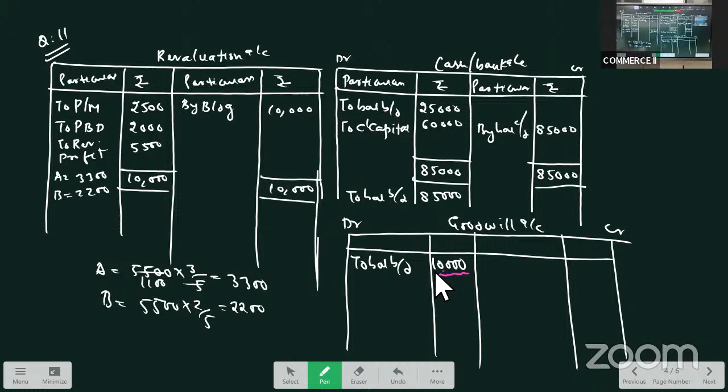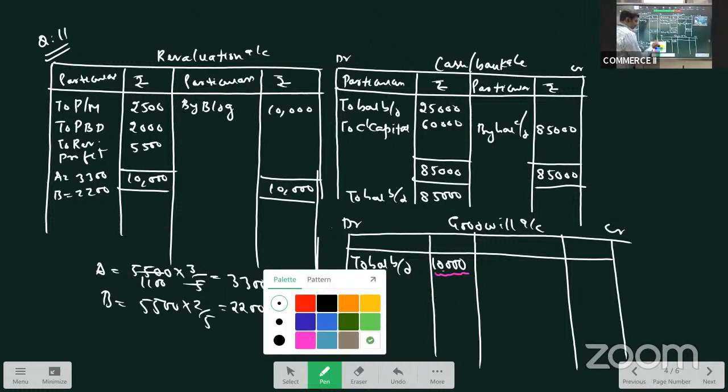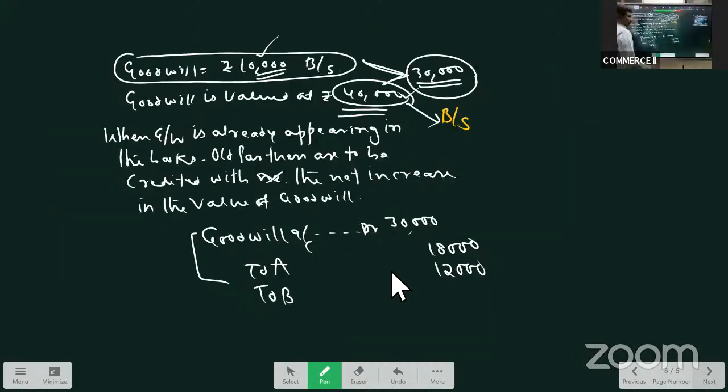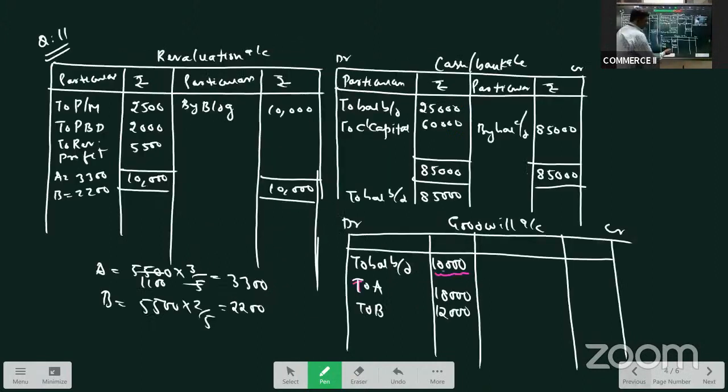Okay. And now, how much are we crediting A and B with? A was credited with 18,000. B was credited with 12,000, right? I had shown you here. That amount you should take. So now it is 40,000